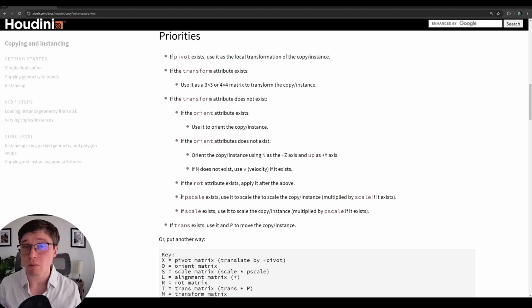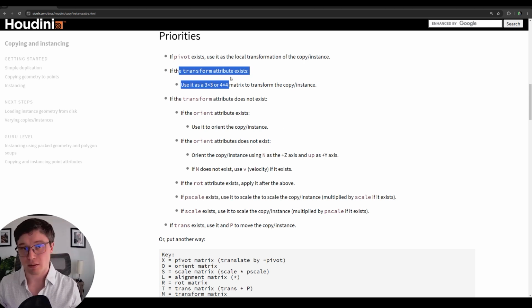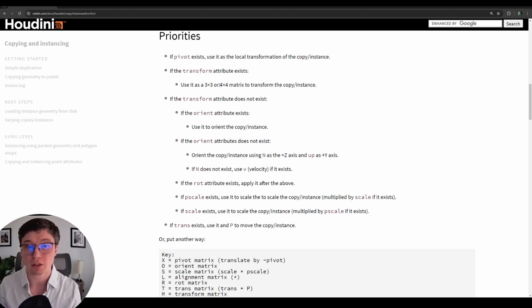Then when it comes to the scale, you have the pscale that's driving the scale of the instancing. If you're using a transform, that's why the transform has more priority within the scatter system, the 4x4 matrix would actually contain the information of the scale already. In that case, I think we will rather use the pscale, which is easier to edit.